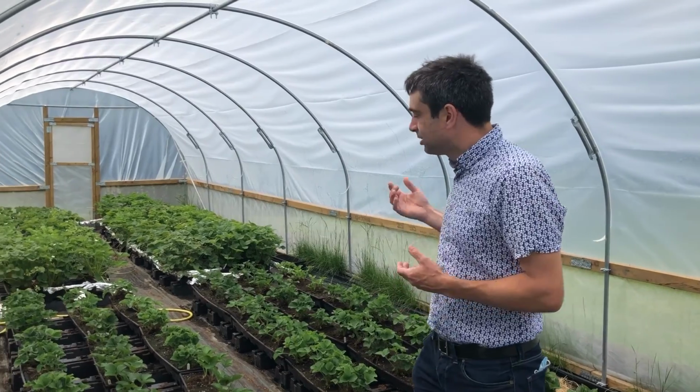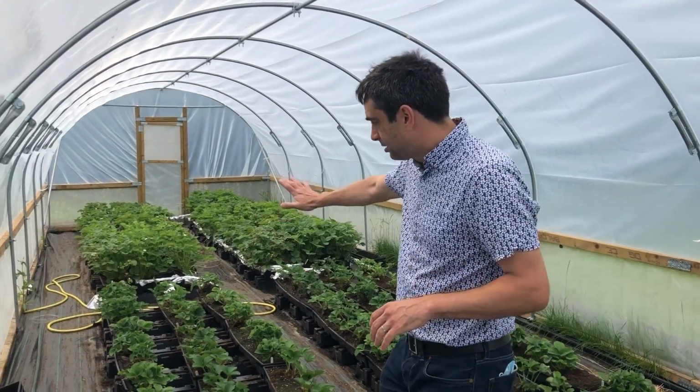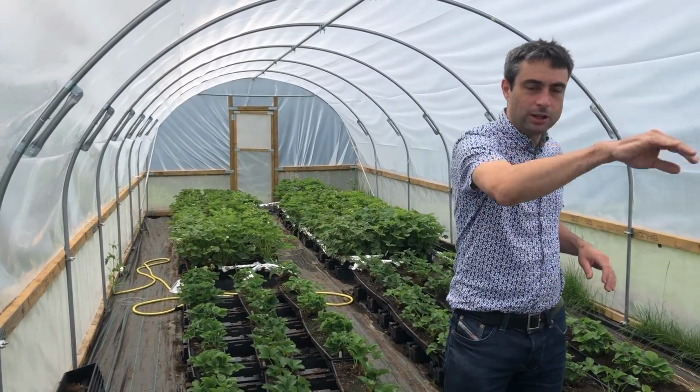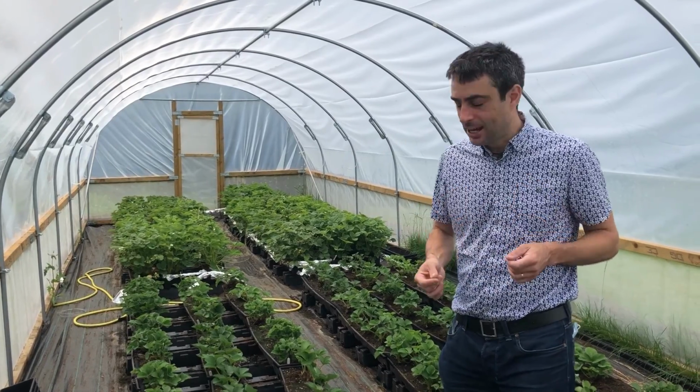So that was actually a bit of a trick question. Now we're inside the polytunnel. You can possibly see or hear there aren't any insects in here at all. And that's because I've got insect-proof netting all the way around the sides and all over the doors as well. I don't want any insects in here at all, because what I want to find out is how much nectar